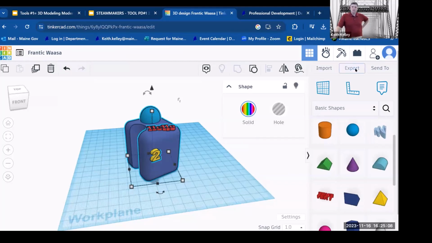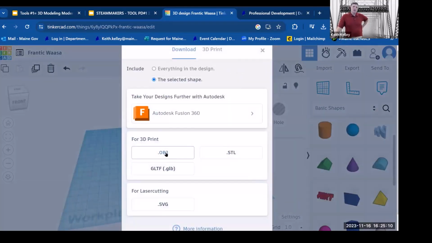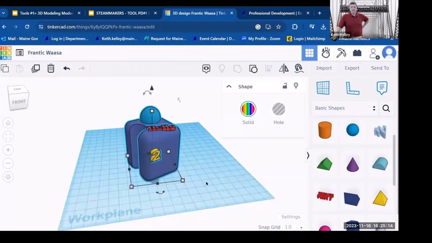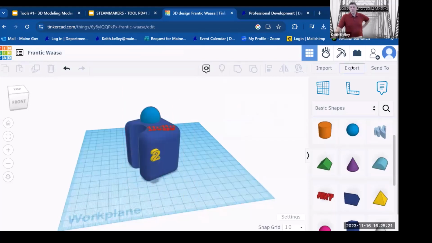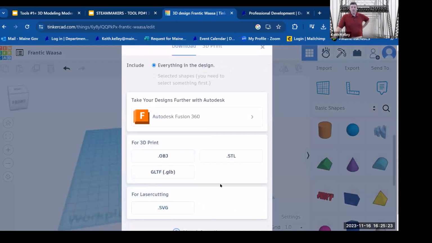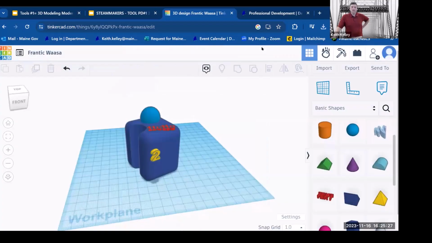But if you hit export, that would be an OBJ. OBJs, when they come down, give you not only the slicing information for this object, but they give you all the coloration too. Now, you can export for laser and other things in SVG, but right now we're just doing it for 3D printing. So all I did is I have my kids export that when they do it. So I'm going to go back and grab